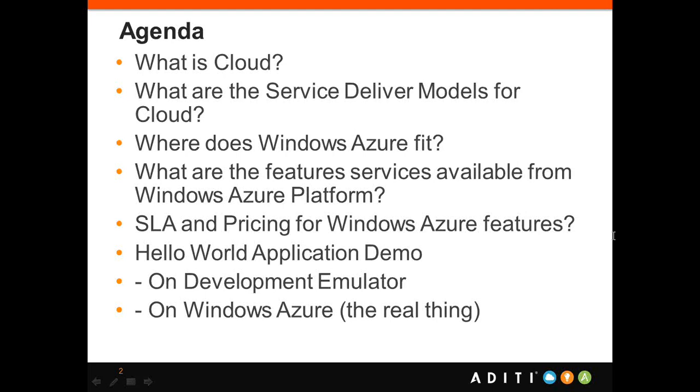I'm going to walk you through an end-to-end application right from Visual Studio, first fresh new project, to deploy it to Windows Azure and see it run. That is the end-to-end process which we are going to see. In the process, I would also run you through a Development Emulator, which is local environment available for Windows Azure applications to run and debug or test it quickly on your local environment. And then we are going to run it on Windows Azure Platform as such. With this agenda setup, I'm going to just set up the context for cloud, and then we'll move on to Windows Azure.